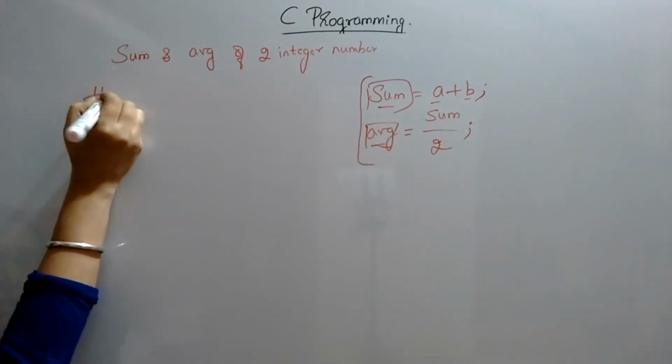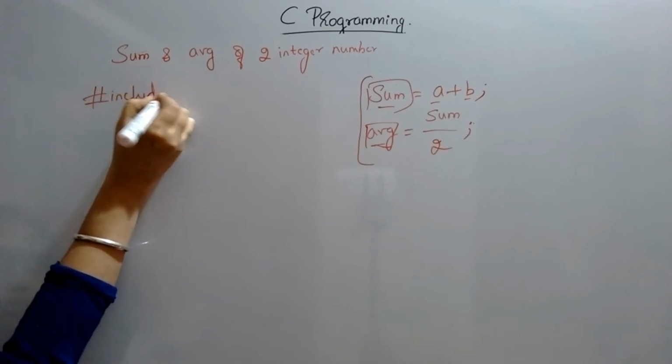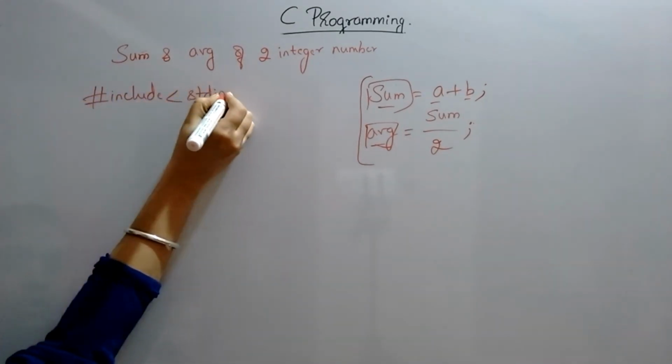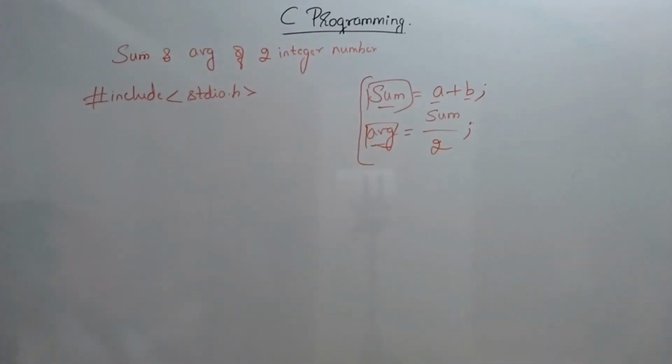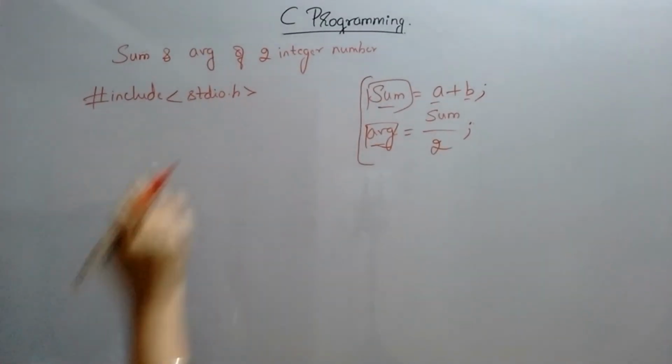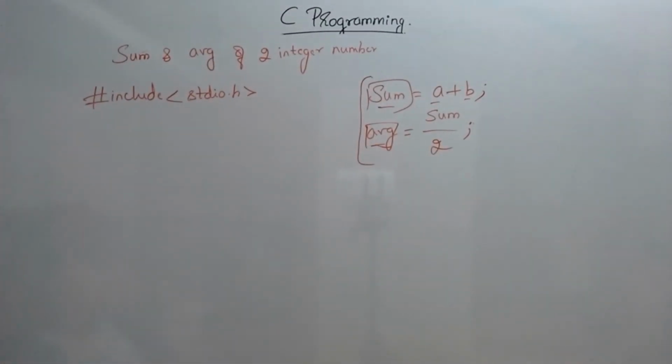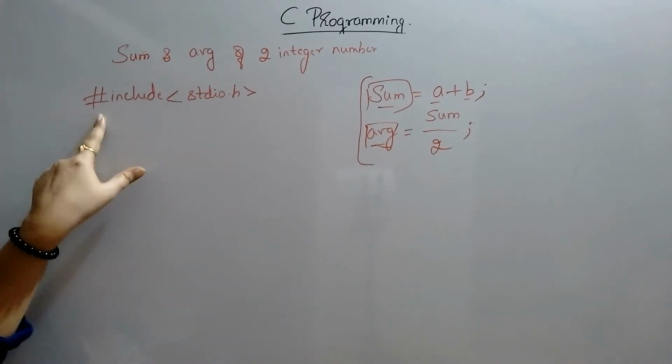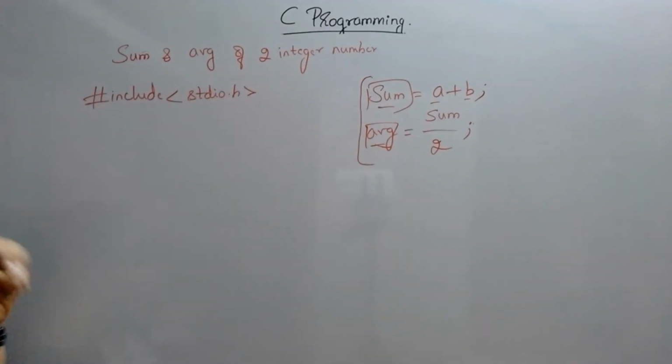We have to write the header file. #include stdio.h. See why I am using this header file. I already explained that it is a standard input output function. To use printf and scanf functions, we have to mention this #include stdio.h header file in the beginning of the program. Here I have to print, and even I have to take the inputs from the user. I have to use the scanf statement also. So I am going to include this header file in the beginning of the program.